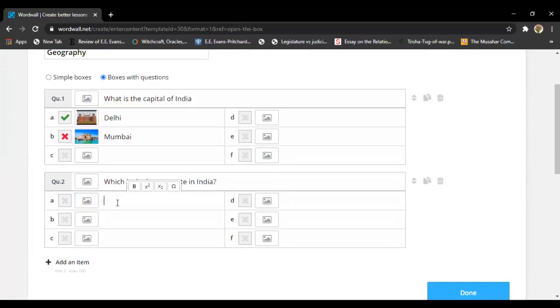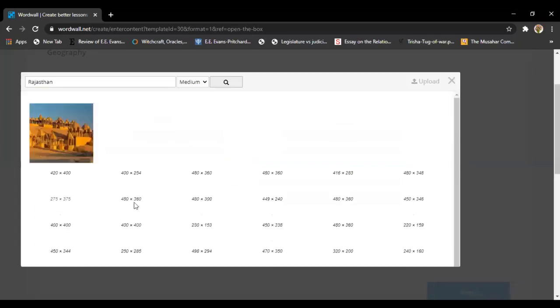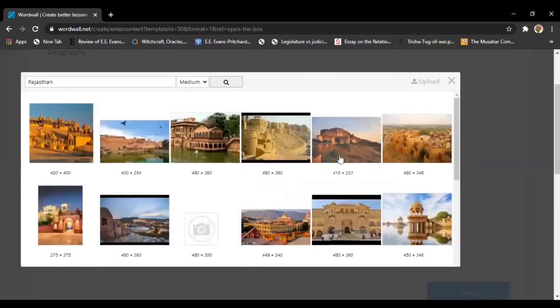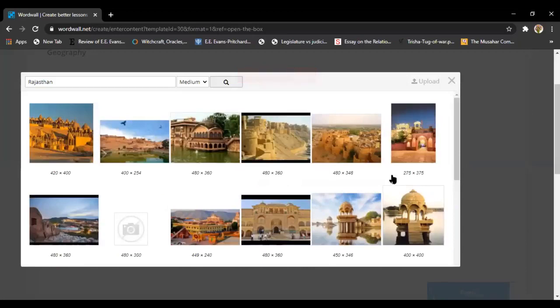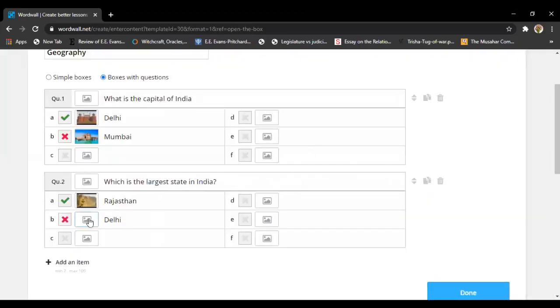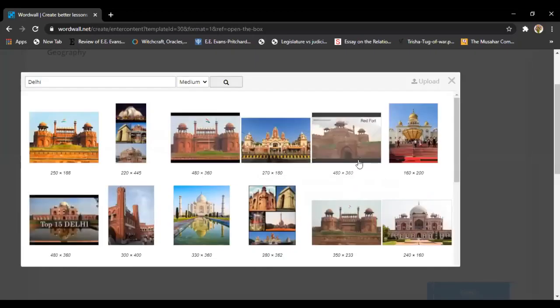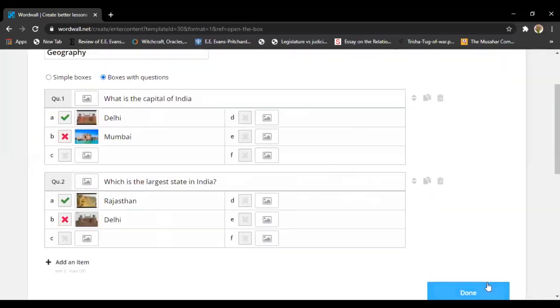I'm going to give 2 options: Rajasthan, and let me just again put Delhi. So Rajasthan is the correct answer. Again, if I click on this image, I will get pictures of Rajasthan. So I take a picture, and then Delhi also, I'll get pictures of Delhi. Now these are my questions.